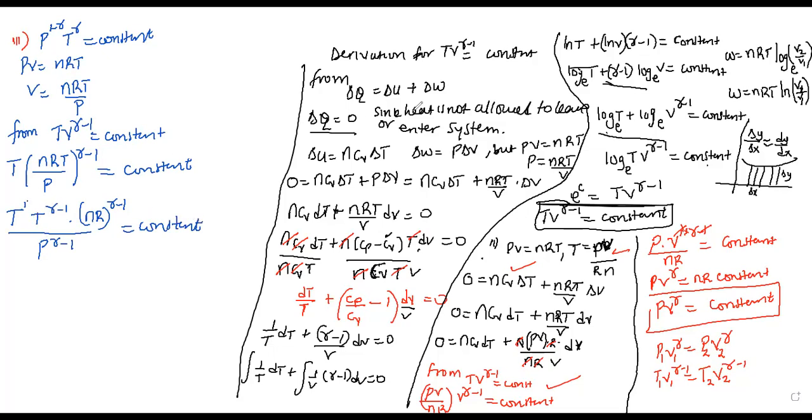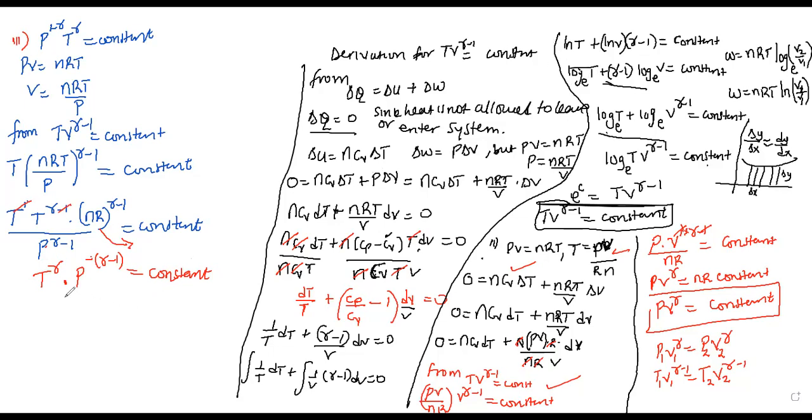This one can be subtracted off by that one. So we remain with T^gamma times, this one goes up, pressure to the power negative gamma minus 1. This nR can come down this way to give us a new constant. Therefore, finally,